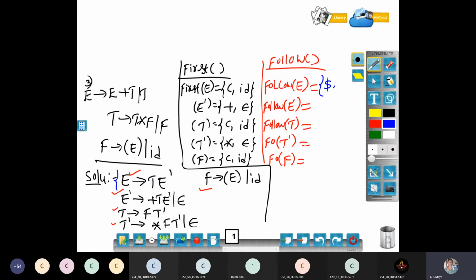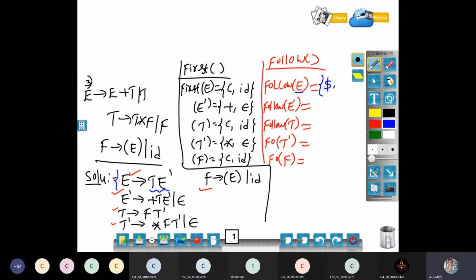Thank you. See, the first rule is over, because E is your first symbol. I put dollar. After that, don't look before your arrow mark. You have to look after the arrow mark, for every production where we get E. You have to search for E in the first production. So the first production you have E. You are searching for capital E. Is it there or not in the first production?